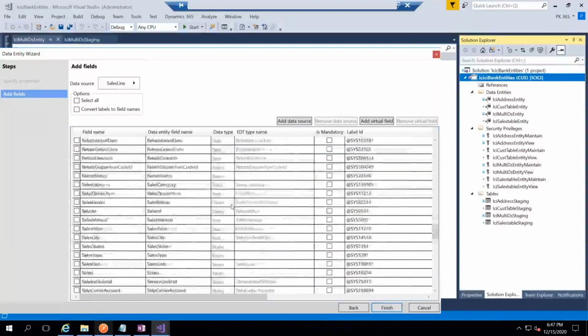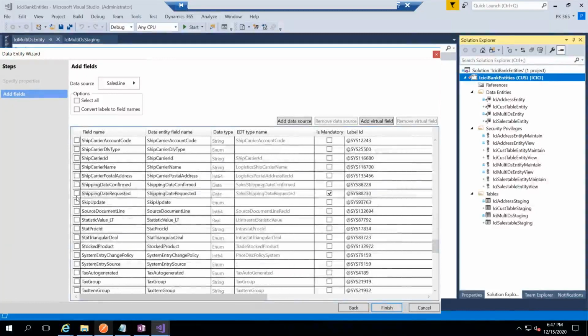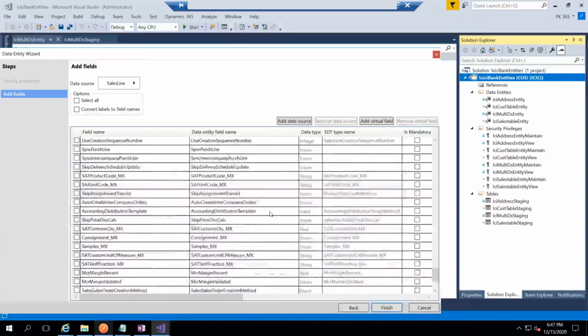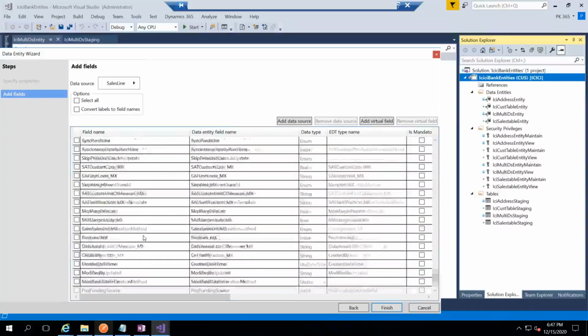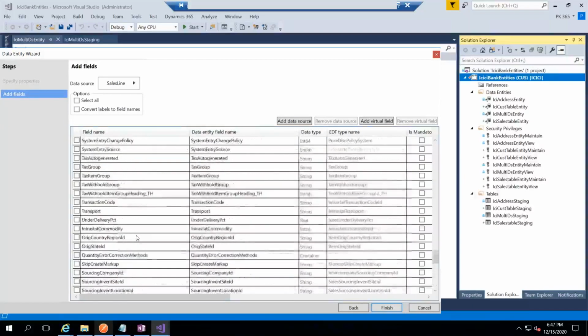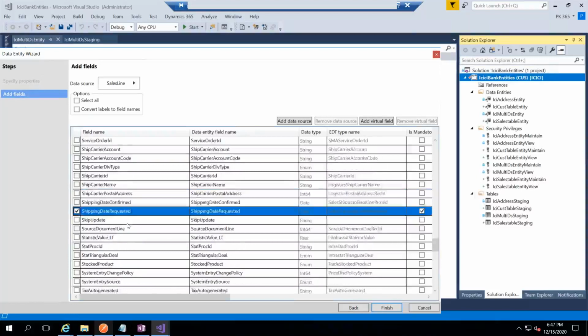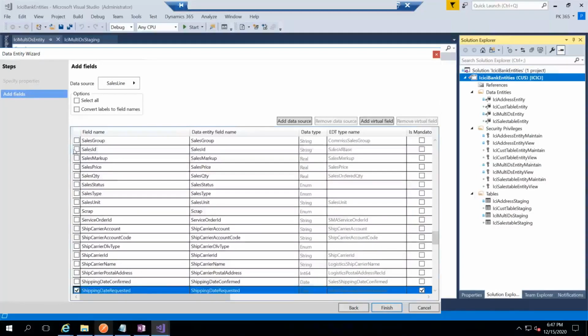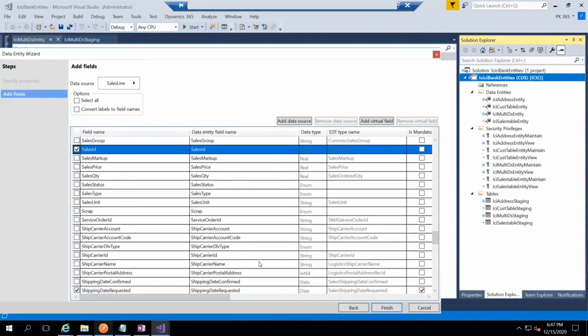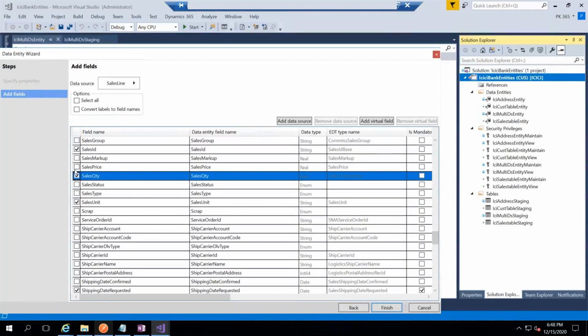And you can go back to this one, shipping date requested, and you can come down. Sales ID is also a mandatory field here. You need to add sales ID as well, otherwise we don't know whether it is the right one or not. Oh, they have made it not mandatory, but let me keep sales ID. Okay, I have added sales ID, and then let me add the sales unit, and then sales quantity, and then